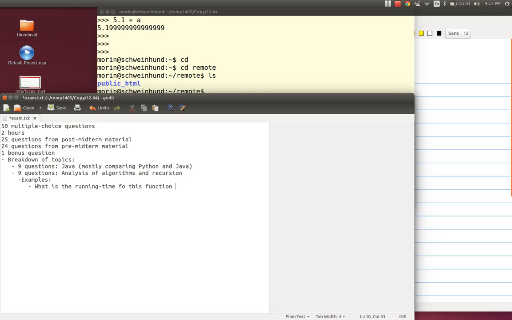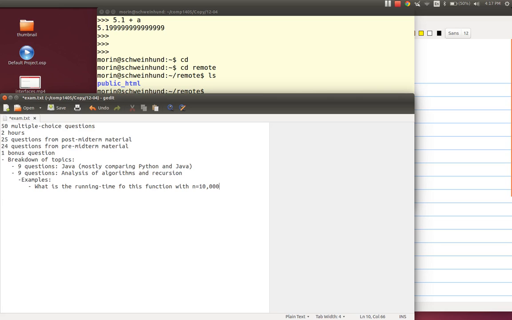What is the running time of this function when n is equal to about 10,000? 10,000 is a number that I like to use a lot for these things because often that separates really bad algorithms from decent algorithms.